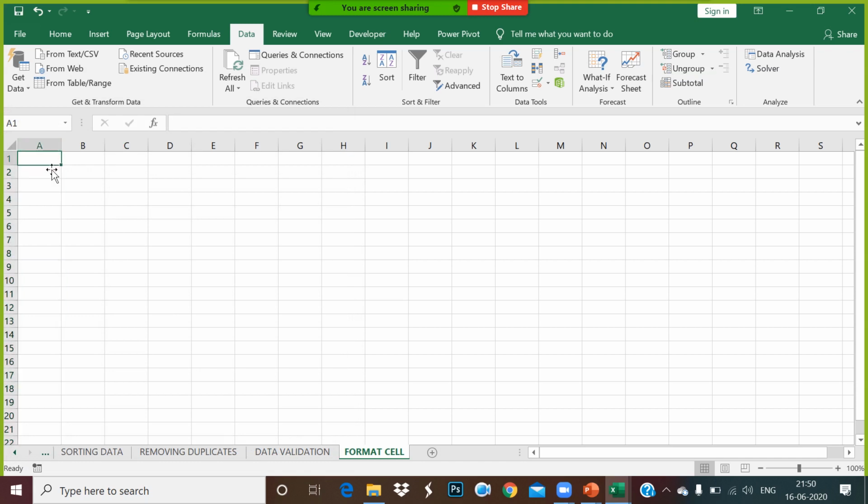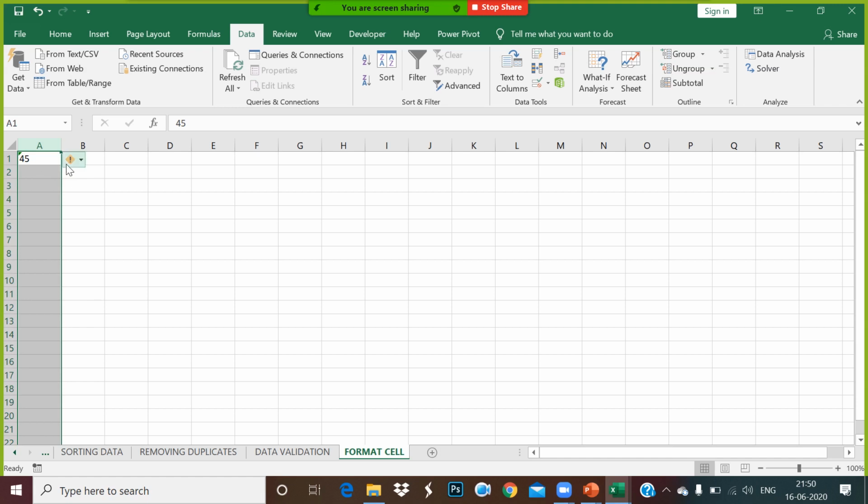How do you know that? If I write 45, it's a numerical character, guys. Numeric. And how will you know it's numeric? If it is on the right hand side. On the left side? No, it's on the right hand side. So now it is going to be what? Character. Why is it going as a character? Because you have already defined that this cell is going to take every value as a character.